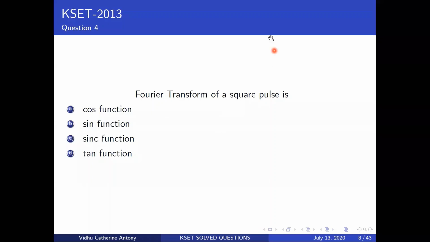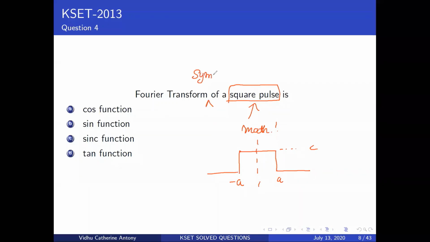So what you need to do is, this question has a little bit of an ambiguity because they haven't really specified everything. So you need to know how to write a square pulse mathematically. Okay, the mathematical form of a square pulse needs to be known. So when you have a square pulse like this, okay, so you have a minus a to a, say this is some constant value c. Okay, so the criteria that they missed out here is that it should be a symmetric square pulse.